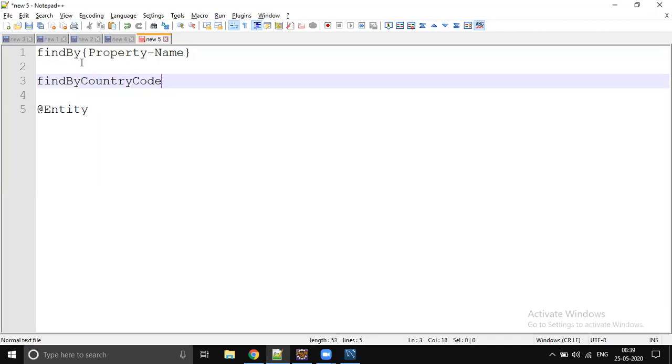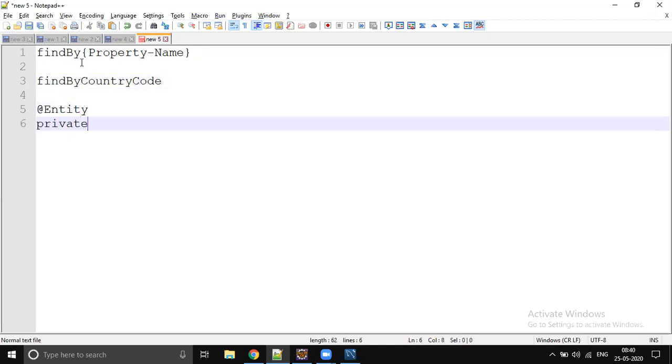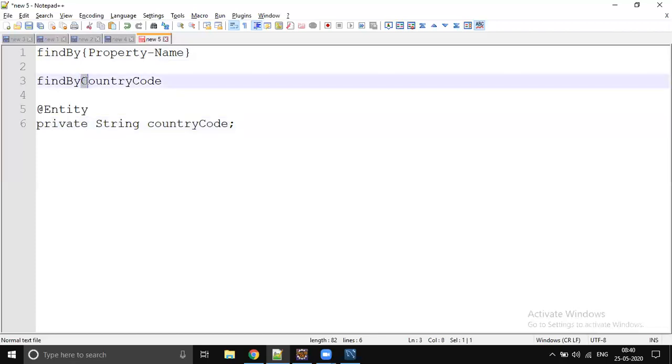Actually in Java, you should have a property like this, which can be integer, string, whatever it is, but the first c should be small case. When you are writing the method, it's supposed to be capital case, right? This is the Java naming convention. You should follow proper Java naming convention to define this.